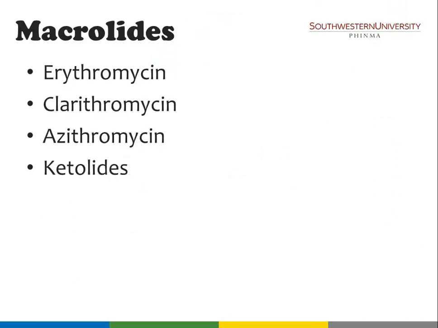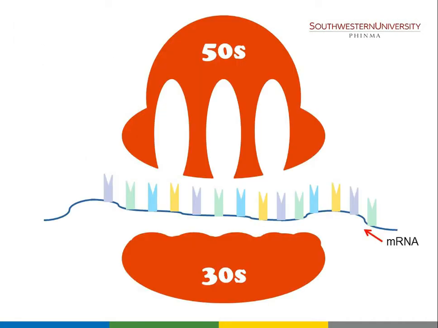Let's proceed now with a different site of action class in the protein synthesis inhibitors, which is your 50S. We have first your macrolides. Macrolide examples are your erythromycin, clarithromycin, azithromycin, and ketolides. So, what are these agents specifically doing? What they do is, they actually attack the 50S